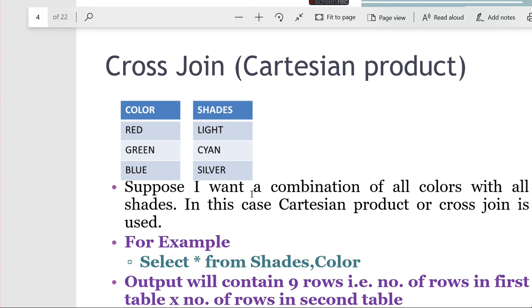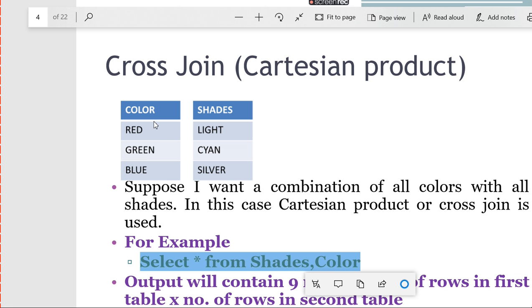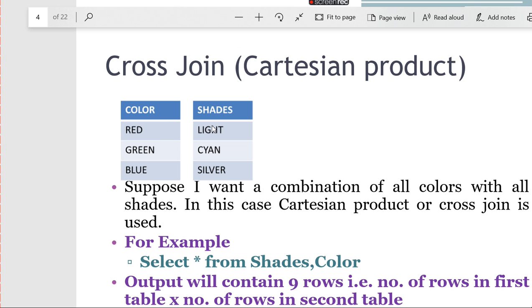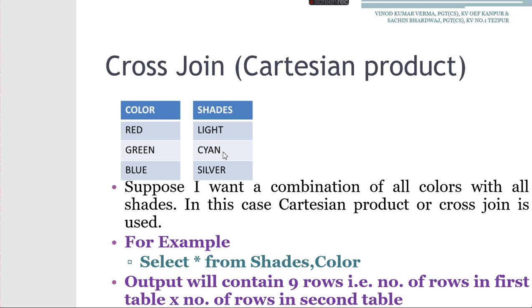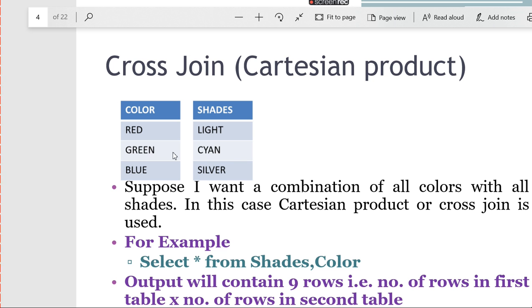The resultant will be, you are going to select both the tables, right? So how will they be joined? Red will be joined with light shade, red, cyan, red, silver. Similarly, green, light, green, cyan, green, silver. Next, blue light, blue cyan, blue silver will be joined. That will be the output.